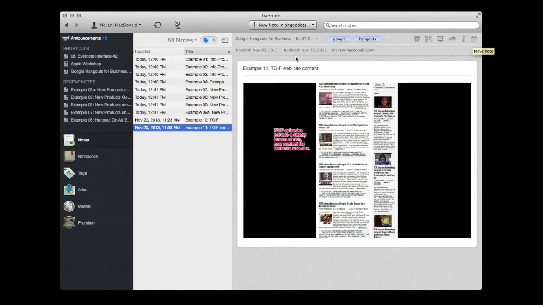That's the trash. So I hope that this gives you a little bit of a better idea of how organized Evernote can be and how wonderful it can be for creating presentations, creating notebooks that contain a lot of information that your group